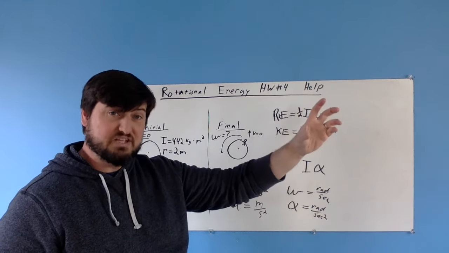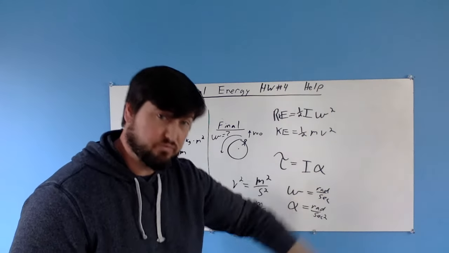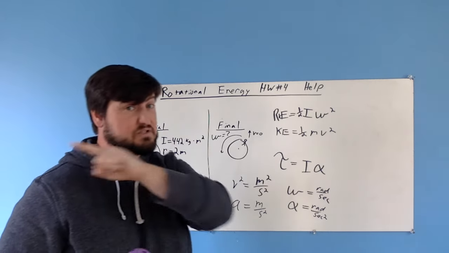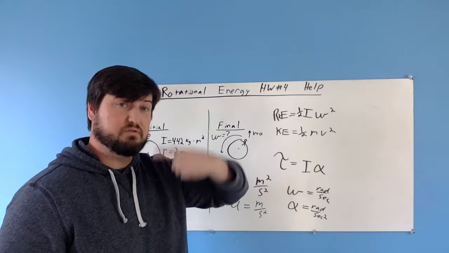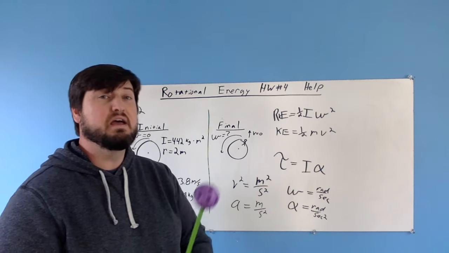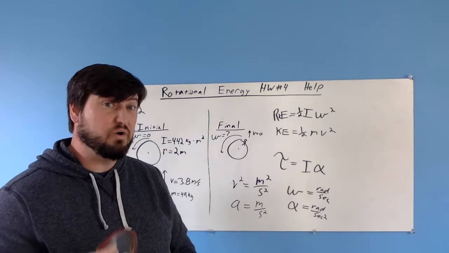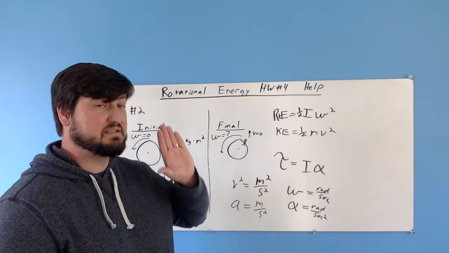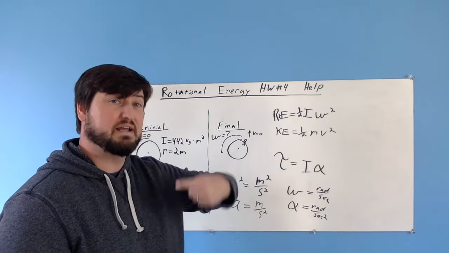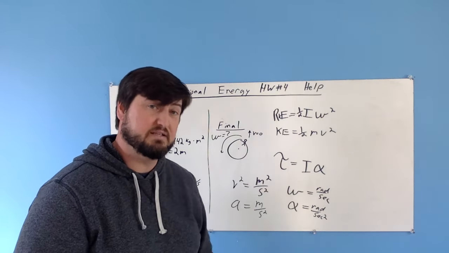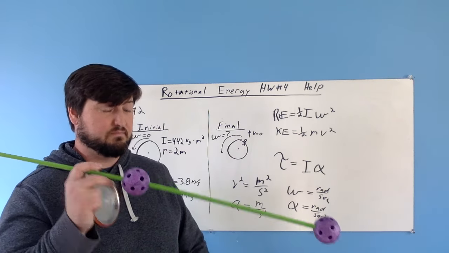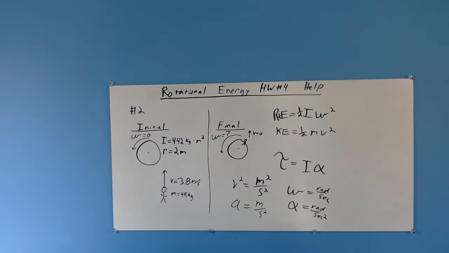The more mass on the edge of it, the more energy it will take to actually get it to rotate. And it will actually sap that energy away from the potential, so instead of using it as kinetic energy to just let it slide down the slope, it's going to take most of it and put it into making it roll. So if you did the race, you should have found that your hollow objects tended to lose that race. They lost the race because they took more torque to get them moving, and they ended up with more rotational kinetic energy as they went down the slope. The larger their radius, the more that's true. Okay? So, with that all being said, let's take a look at problem number